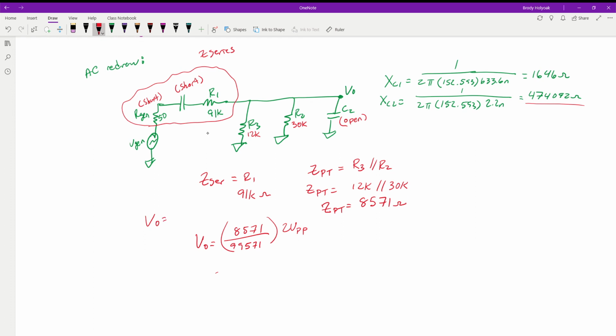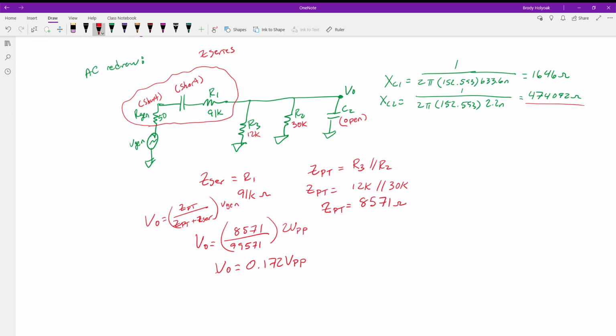So V out is equal to Z parallel total divided by Z parallel total plus Z series, multiplied by our V gen. Our V out comes out to be 0.172 volts peak to peak. So in the very end of this, we're not going to have a lot of AC portion of our waveform. It's going to be very, very small in comparison. Because if you think about it, we have a 14 volt signal, and depending on how we split it up, it's going to be that value plus half of that value. So it's going to be like 80 some odd millivolts. Not going to be much.